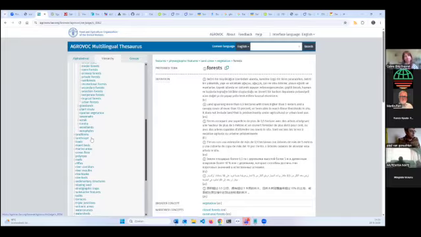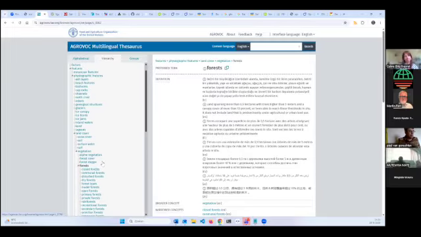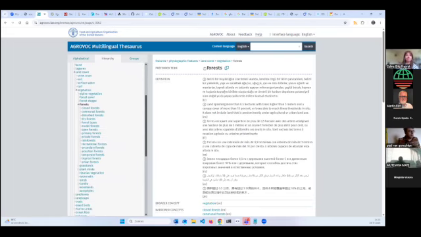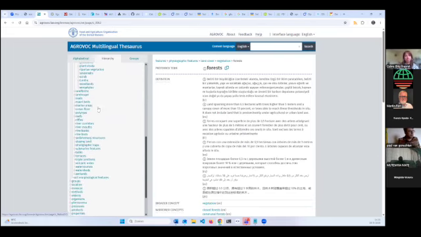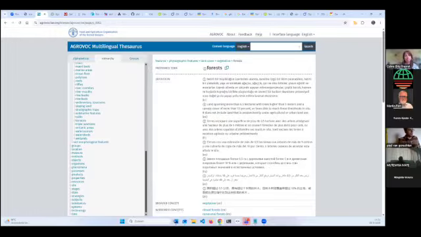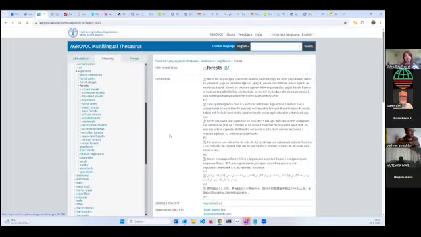And AgroVoc is an interesting vocabulary related to agronomy terms. So most of the terms that we use in our daily work are probably represented here.